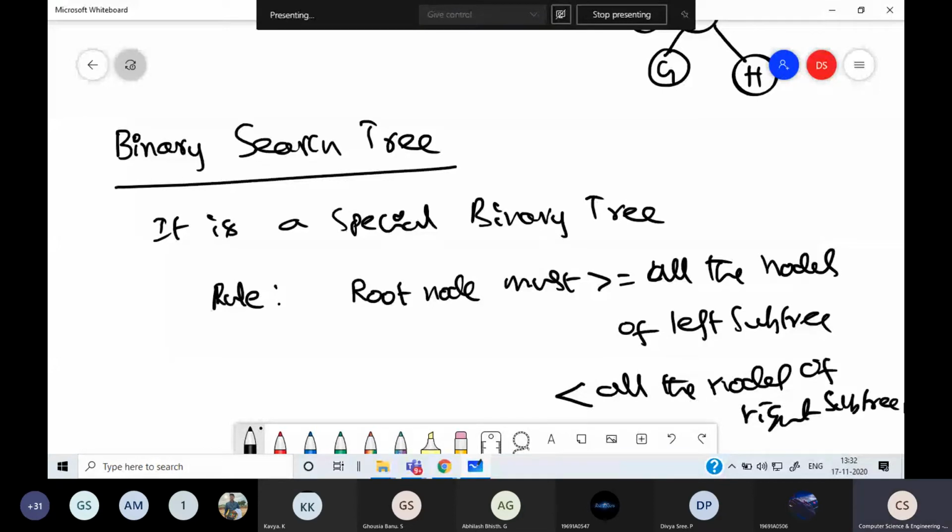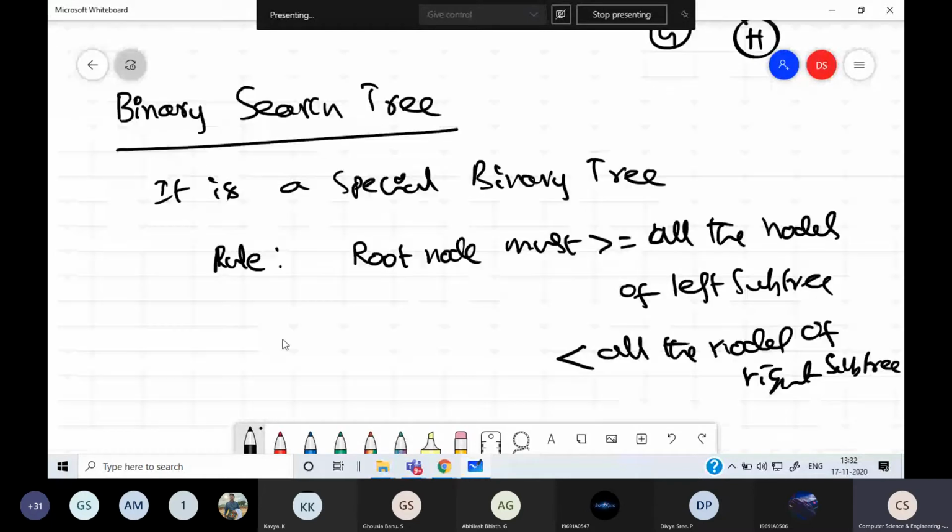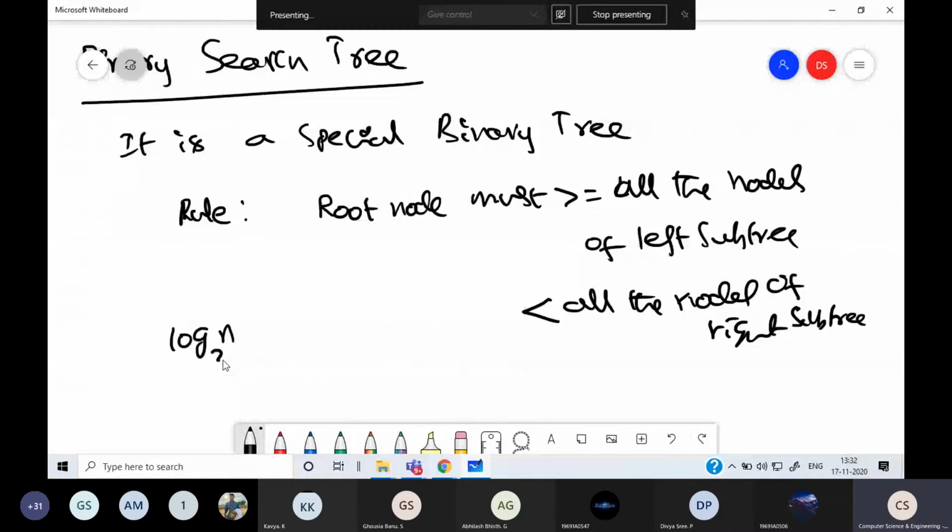So this is actually for searching. As the name indicates, it is very useful for searching. We build this binary search tree when we create the tree. So once it is built, searching will happen in order of log n with base 2 steps, because it is the same as binary search. But in binary search, we have to keep the values in order. Here, we build the tree by following the rule.